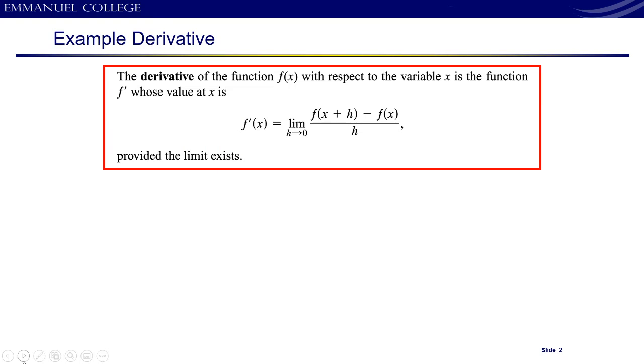So we've been talking about the derivative, and just as a reminder, what is it? The derivative of the function f of x with respect to the variable x is the function f prime whose value at x is this difference quotient, provided the limit exists. So again, you have all those small caveats. It's a function, the limit exists,